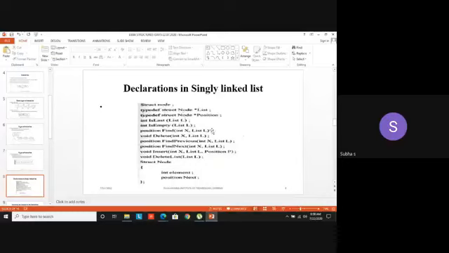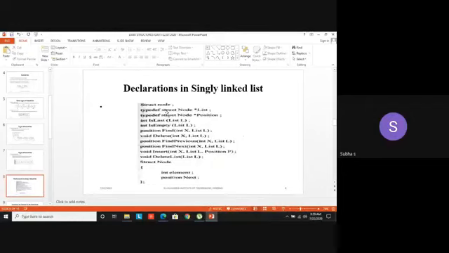Now come to the first part of the declarations. I have declared struct node. That node is defined here. Then typedef struct node star list. List means my entire linked list. It may have only one element, it may have 4 nodes, it may have 10 nodes, etc. Normally, we initialize an array like int a of 10, or I will declare the array. Similarly, I am going to declare the list. My linked list name is list of type node, because each node should have two parts, the element and the pointer. So only I have mentioned it like this.